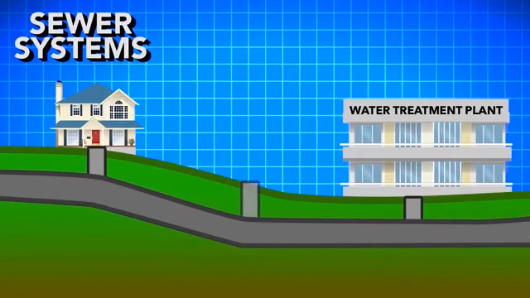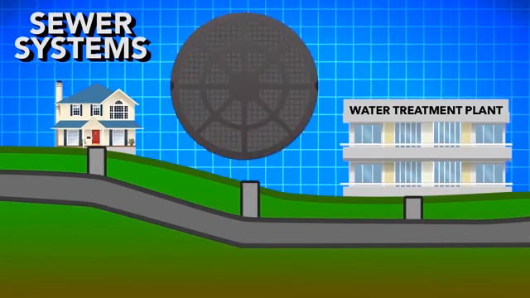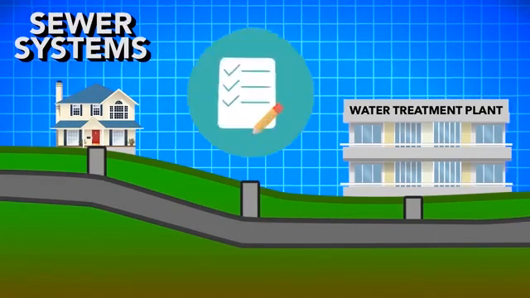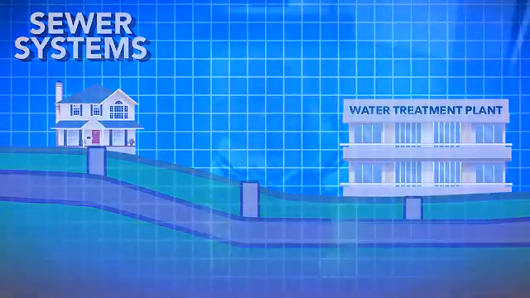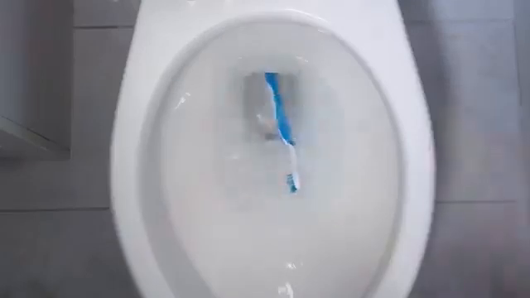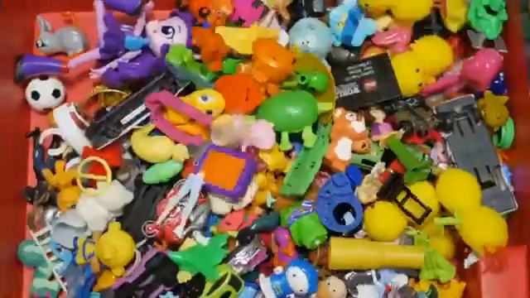In every sewer main, there are periodical vertical pipes that meet the ground with manholes. These access points are spaced depending upon the local code and needed just in case a problem arises in the sewer main. Say your toddler has a nasty habit of flushing toys. If they do this enough and the toys make it into the main, there might eventually be a major clog that city workers need to remove.